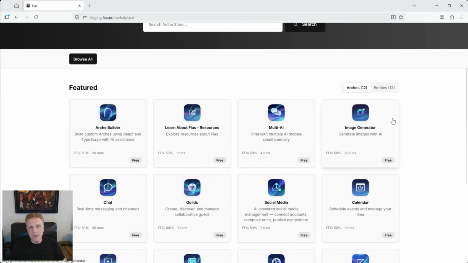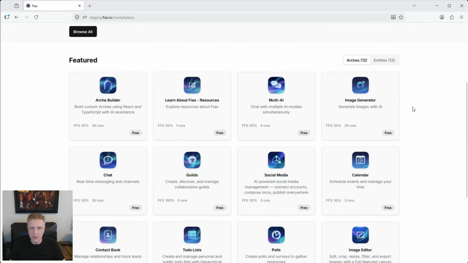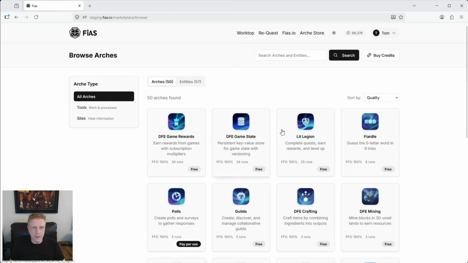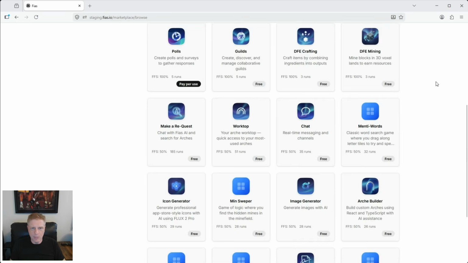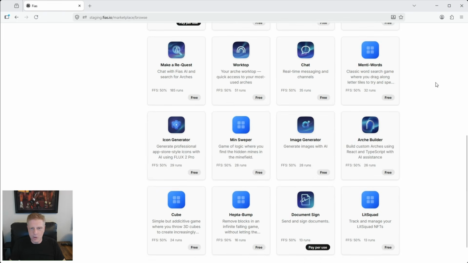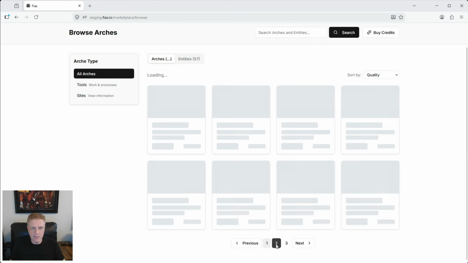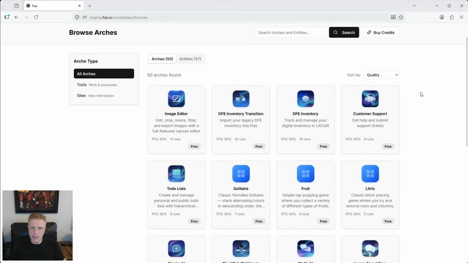In a lot of ways, you could think of Fias as a disintermediation platform. And what I mean by that is we cut out the middleman. You have one place to go to get all of the apps that you want to build. And so you have a variety of different apps. I can hit browse all and you can see a lot more of them. They range from professional productivity apps, apps to maintain your own data, calendar and contacts, things like that. We have apps that you can use to create images or modify images, different apps to interact with AI in